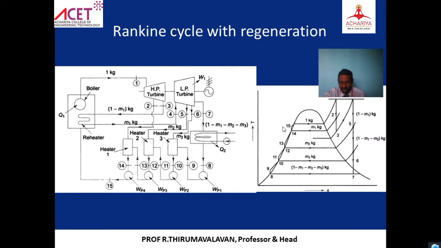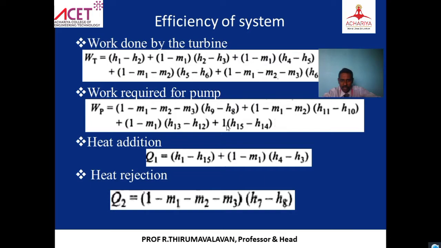So again if it is going, finally it is coming at point 15 as 1 kg. Each and every step that will be added. So 1 minus M1 minus M2 at point 8. Then again M3 is added. So at this point 1 minus M1 minus M2 only. Then again M2 is added, here 1 minus M1 only. Then again here M1 is added. So automatically at point number 15, 1 minus M1 plus M1, so 1 kg. See this one, same thing has happened: 1 kg at the point number 15.